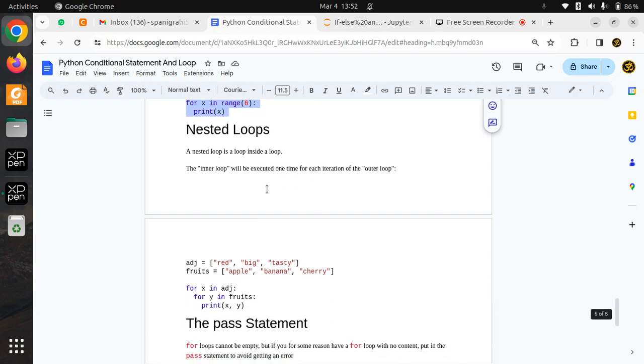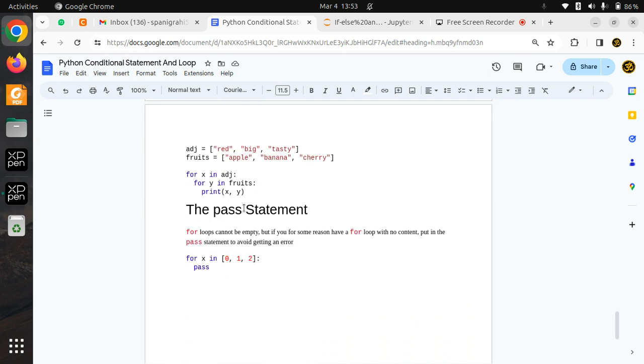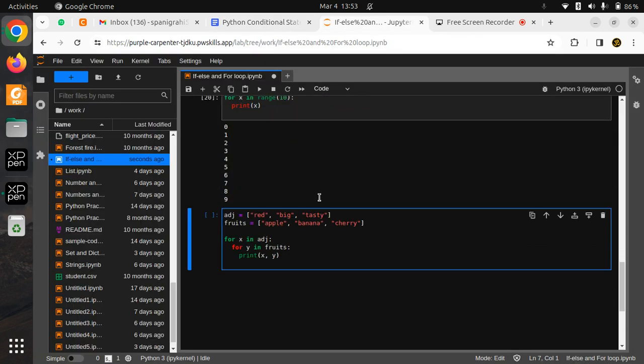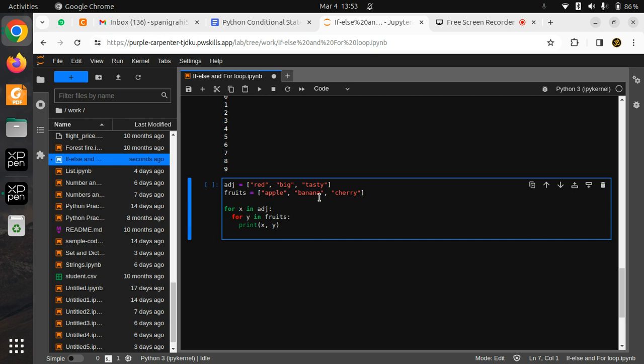So now coming to the concept of nested loops. Again, the nested loops have the same meaning. Nested for loops means two for loops are nested with each other. So let's see how it works. Here I have declared two lists. Then I'm saying for x in the first list and for y in the second list,